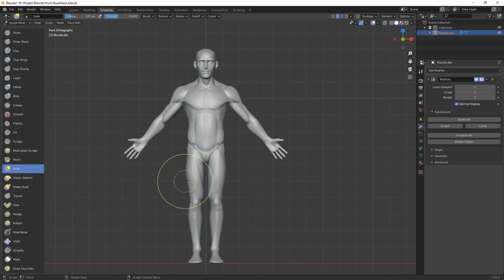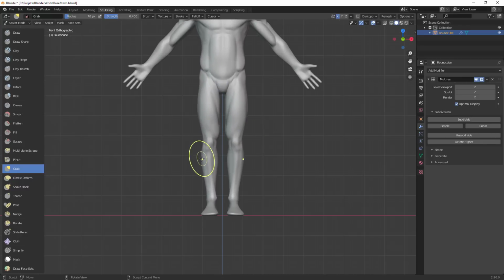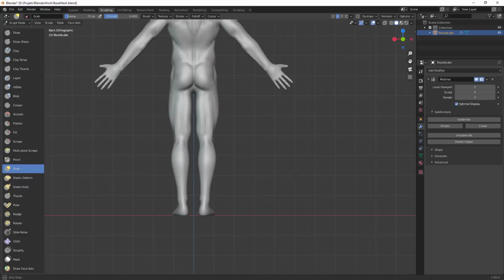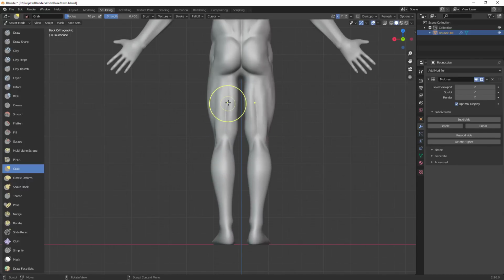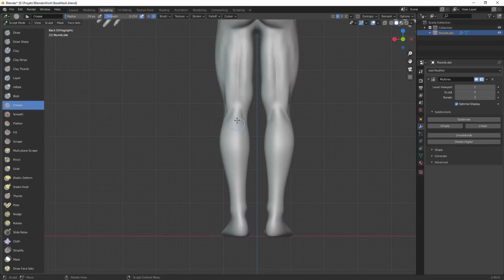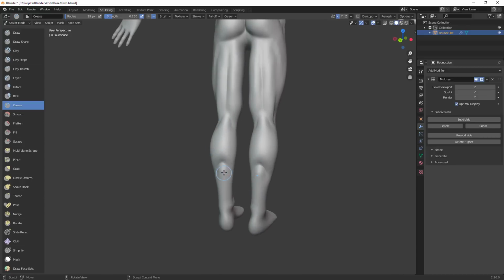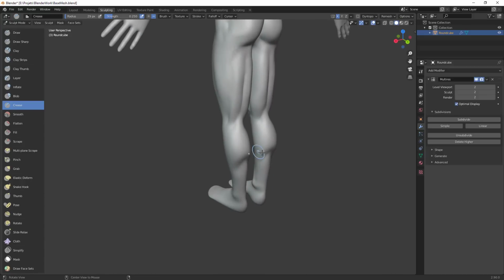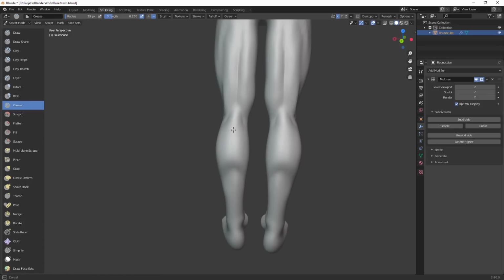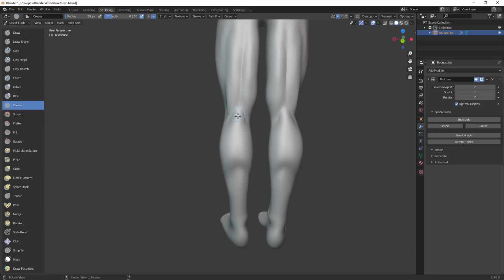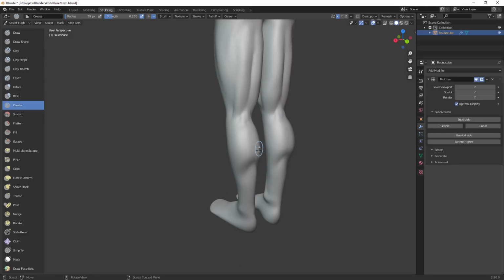Okay, let's add more volume to those legs. From here too. So from the back, we have the hamstrings there that are a bit more straight than what I've done. And then here, we have another muscle that we can split from there. And this will help create what I think of as the triceps of the leg. And you can see it basically merges with the back of the knee there,